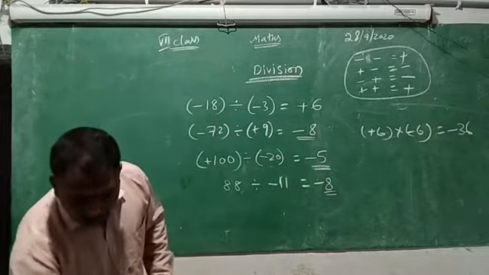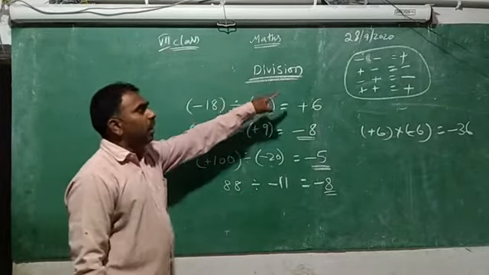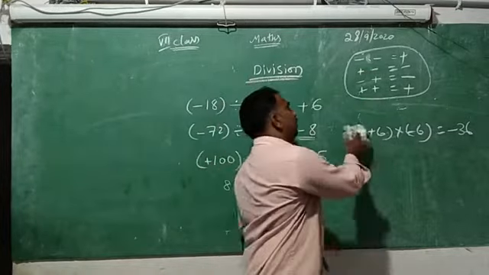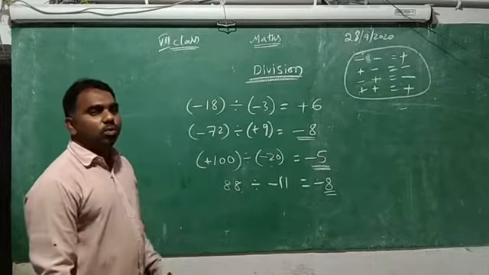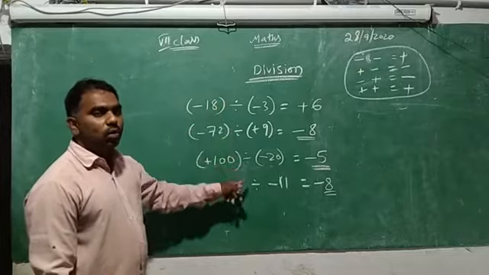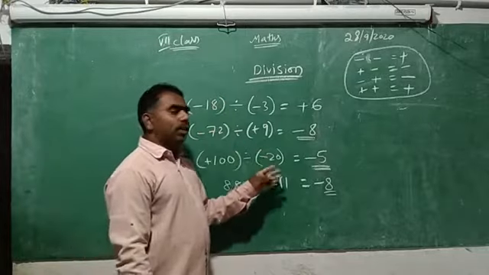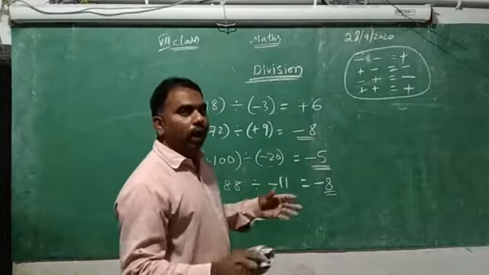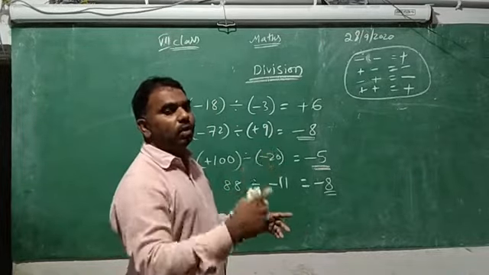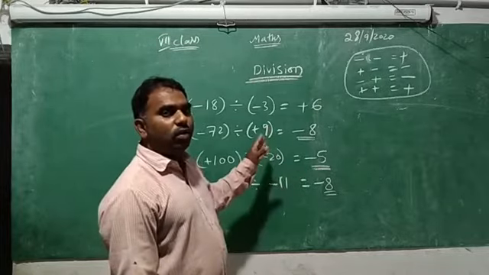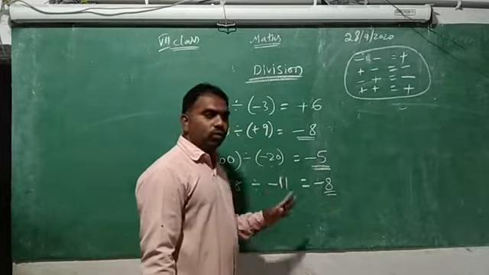So you do one thing. Pause the video for some time and write some examples in your notebook. Write the division and the symbols combination pattern, and then write some examples in your notebook. It will be helpful to you to do the homework. Okay, you complete this. So whenever I say to write that, what should we do? We need to pause the video and complete that. After that, you need to resume and continue the video. Whenever it is needed to write in your notebook, pause it and complete it. After that you continue. Okay, so you understood what is the division.